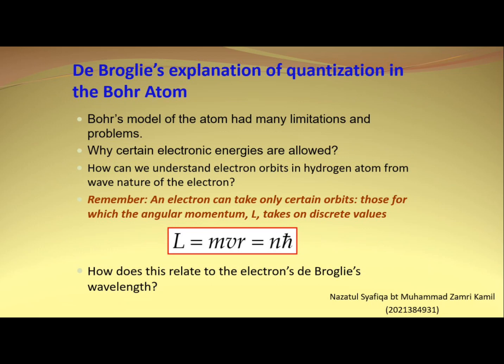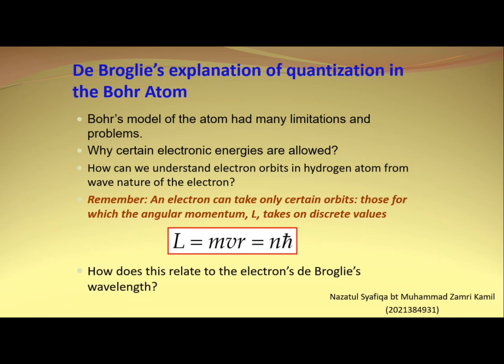De Broglie's explanation of the quantization in Bohr's atom. De Broglie came up with an explanation for why the angular momentum might be quantized in the manner Bohr assumed it was. De Broglie realized that if you use the wavelength associated with the electron and assume that an integral number of wavelengths must fit in the circumference of an orbit, you get the same quantized angular momenta that Bohr did. The circumference of the circular orbit must be an integral number of the wavelength, 2 pi r equal to n lambda